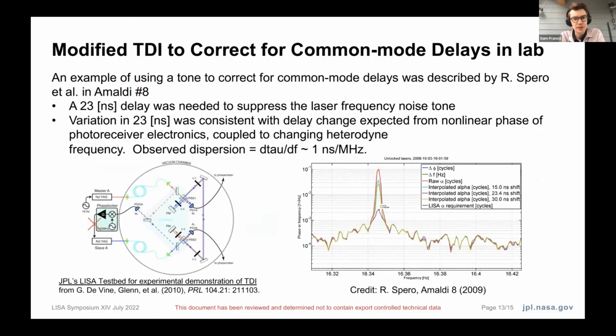And so this is just a very quick flashback again to like 2009 when Bob Spiro talked about some of this. So we found on the JPL LISA testbed, which is this testbed used for experimental demonstration of TDI, that we do see these common mode delays. It was found that to get the best laser frequency noise suppression, a 23 nanosecond delay was needed in addition to the other TDI delays they were using. And the lower right plot is just showing that as this